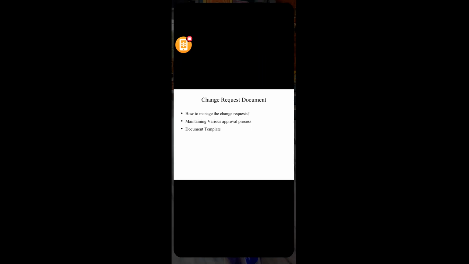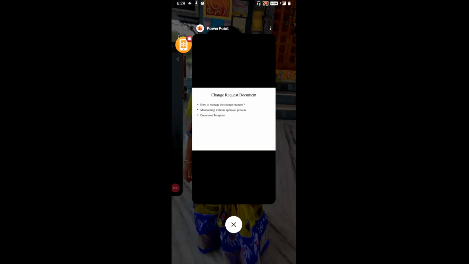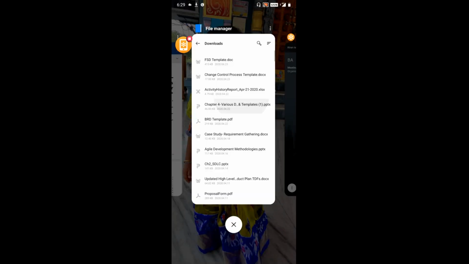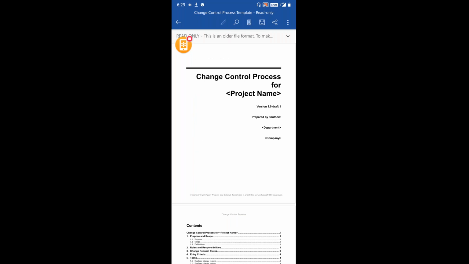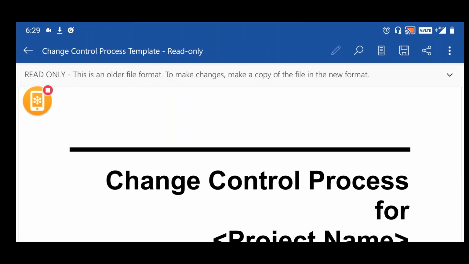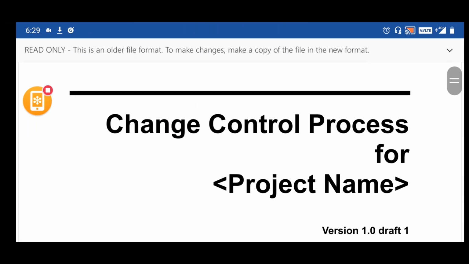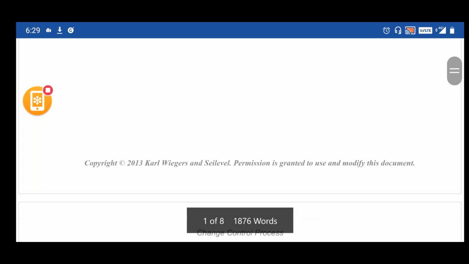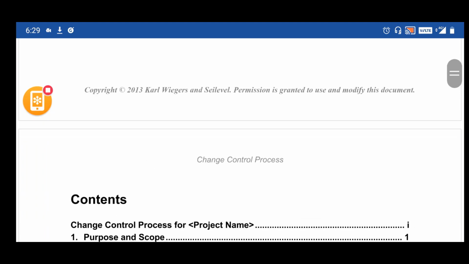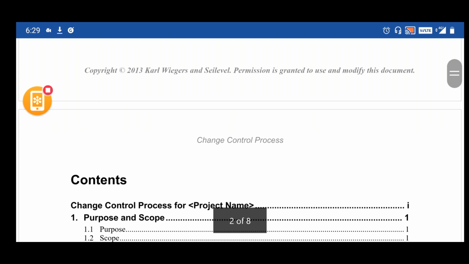That will all go as part of the change request documentation. So now let's look at the change request document, how it looks and what exactly goes in a change control documentation. This is a template. I don't have an original document, because this is more of a process-related one: what kind of process we follow when there is a change request.